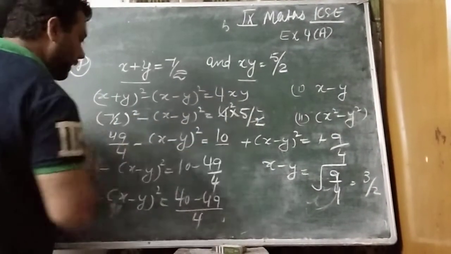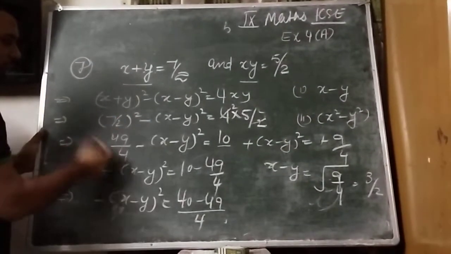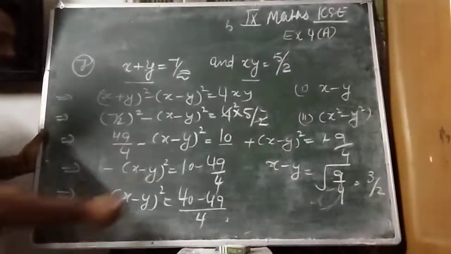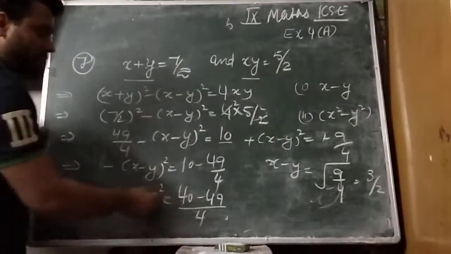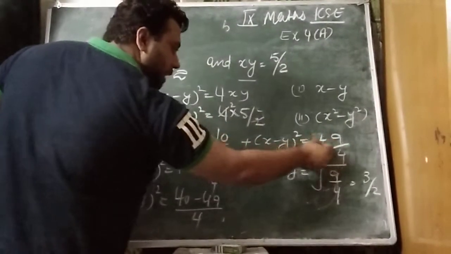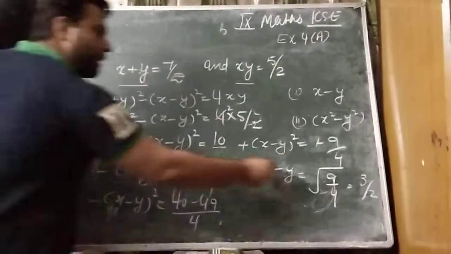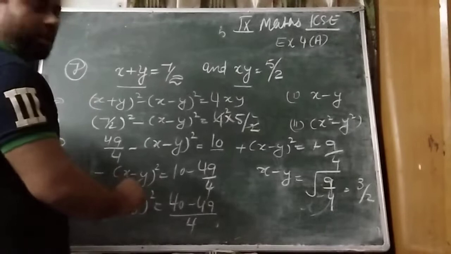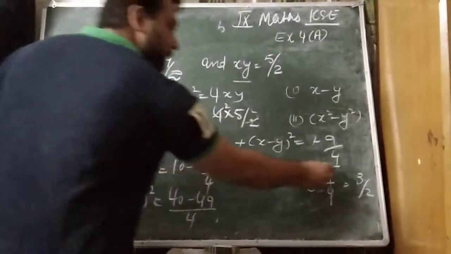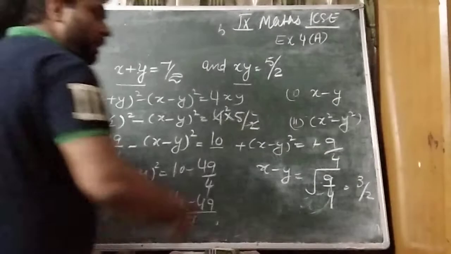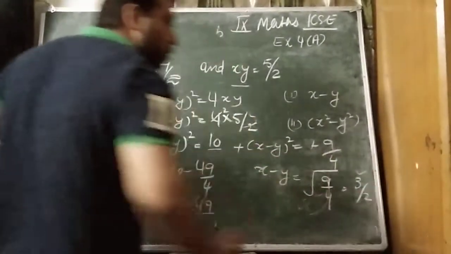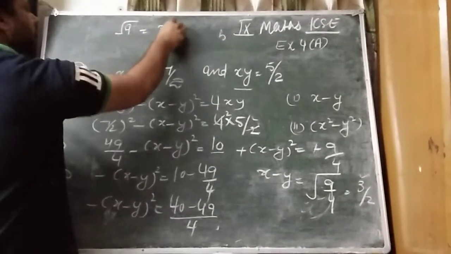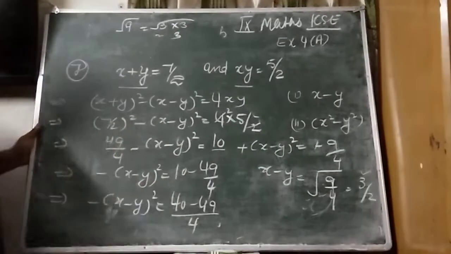This becomes 10. And this is 7 square 49, 2 square 4, and we take 49 by 4 to the other side. Then take the LCM. So 10 times 4 is 40. After calculation this becomes minus 9 by 4, and the minus cancels. Now take the square root of 9 by 4. Here you can put plus minus; if you don't want to, that is your wish. I will not put it. As it is, we just take the square root of 9 by 4. The square root of 9 is 3 and the square root of 4 is 2. You know how to take a square root, the square root of 9 is 3 into 3. So this is 3 by 2.